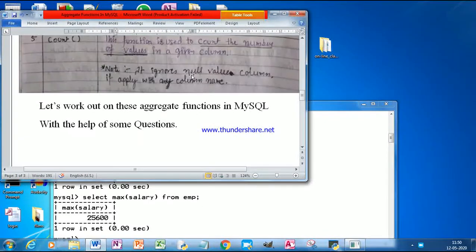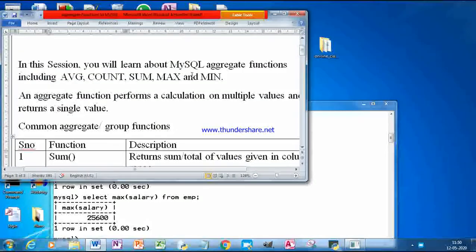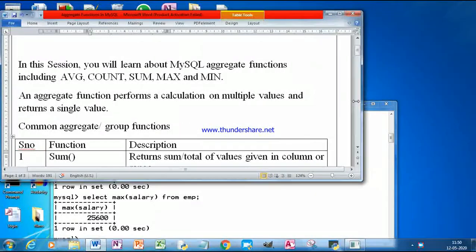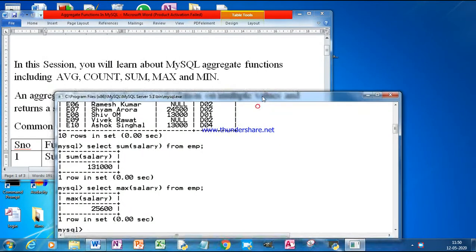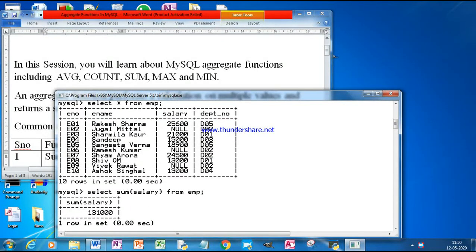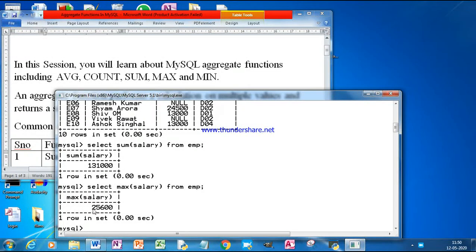And our statement is, see the statement, it works on multiple values and returns a single value. These are multiple values and it returns a single value, 25,600.